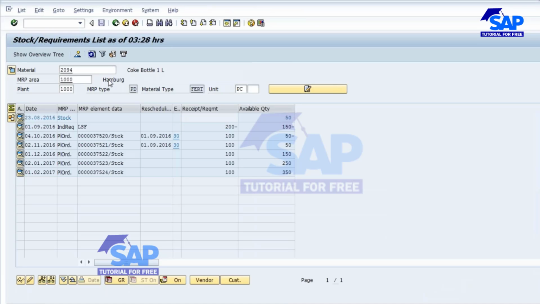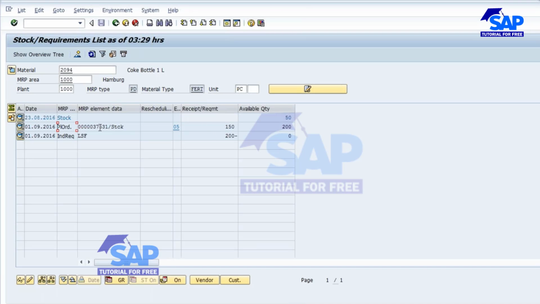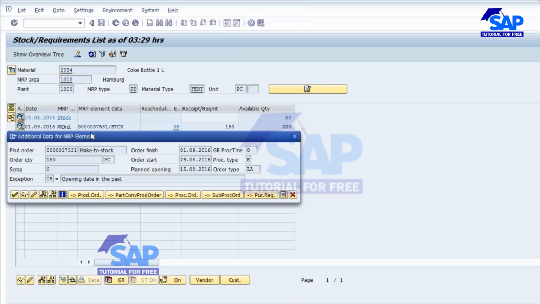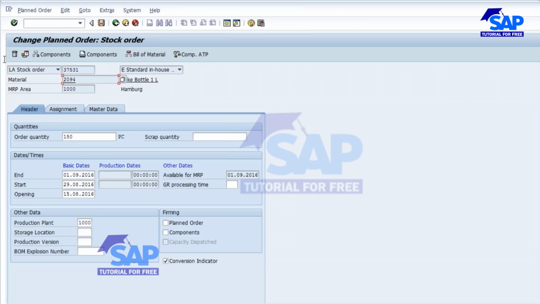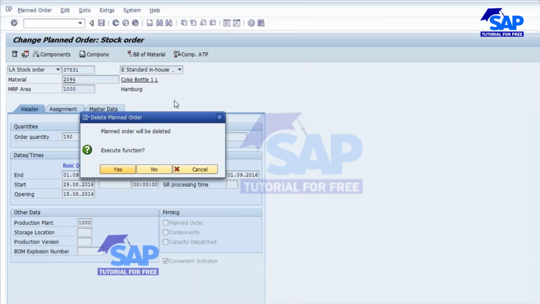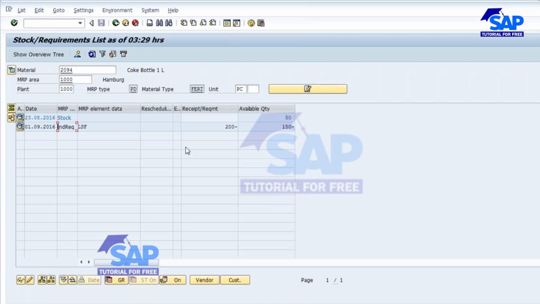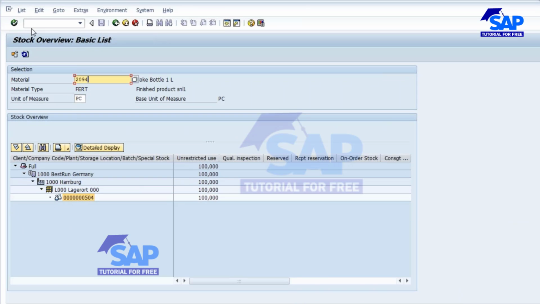All planned orders will go. Now I'll delete this planned order also. Manually I'm deleting this planned order for some time, just to make you understand. Now here you have only one requirement, one forecast in the month of September, and you have some stock. Now I'll enter one sales order. One sales order I will enter again,